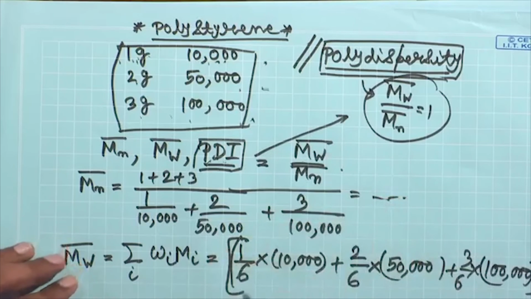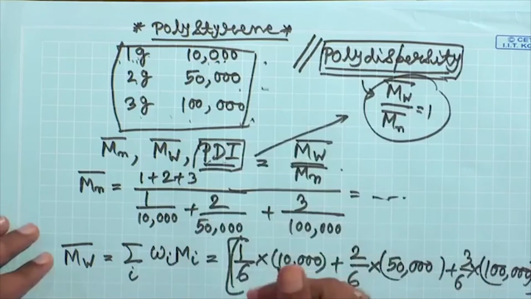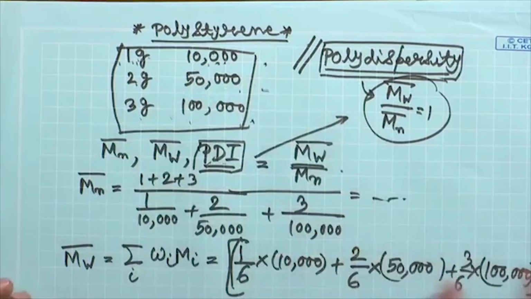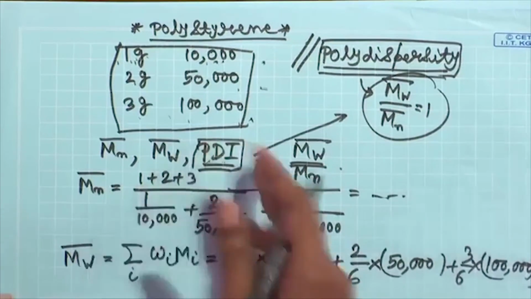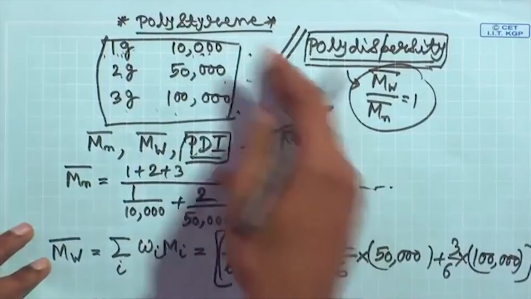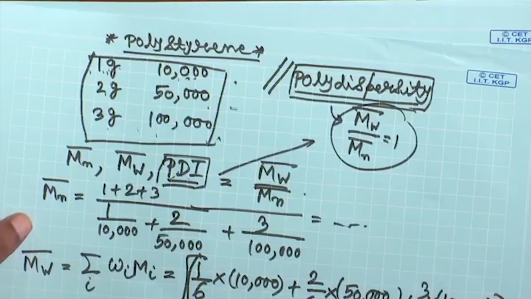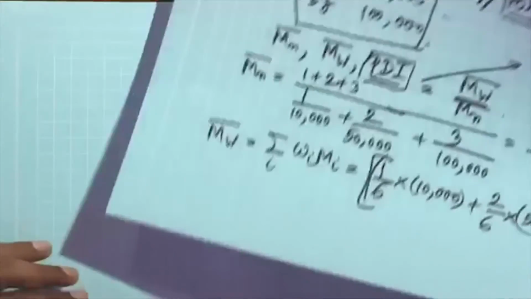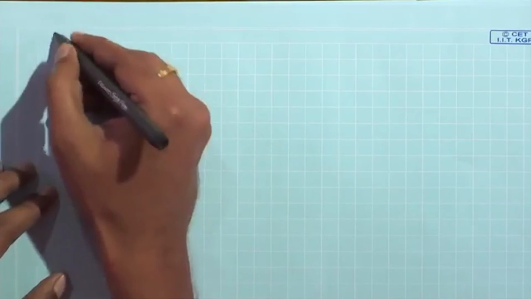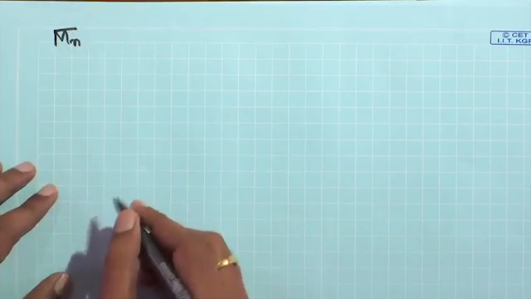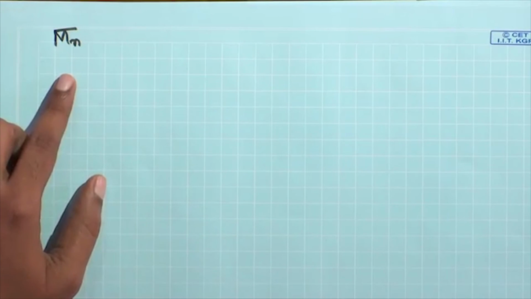So, I have given you the expressions of number average molecular weight and weight average molecular weight, and worked out a problem for you which gives you an understanding of how things basically work, and if you have these kinds of problems, how you solve them. Now it is time to conclude this particular class. Before concluding, I will give you a prelude of what is going to come in the next class. In the next class, I will talk about how you can determine Mn, the number average molecular weight,